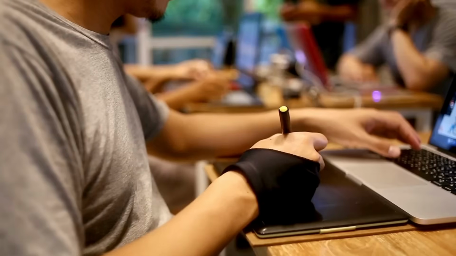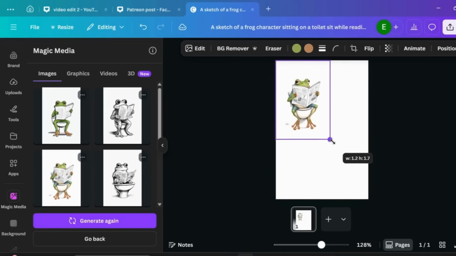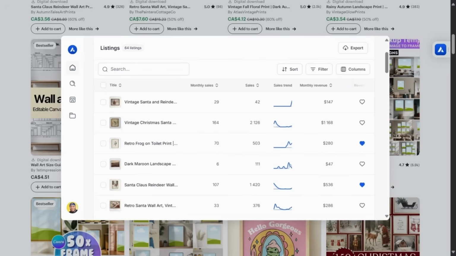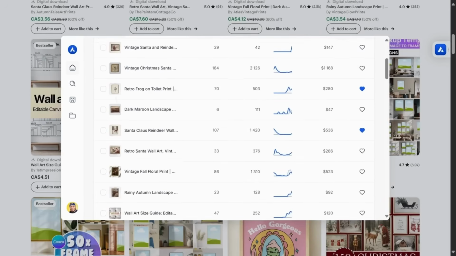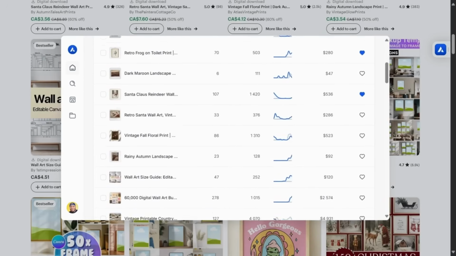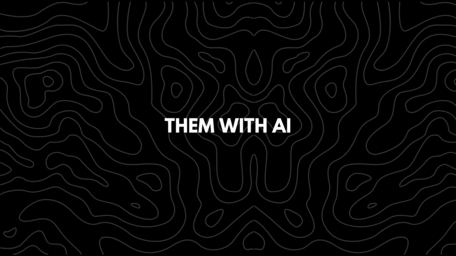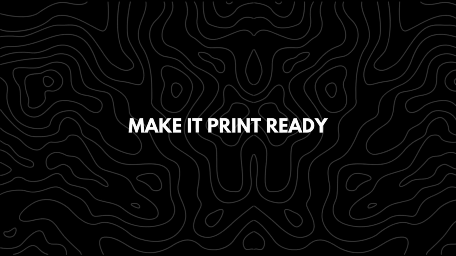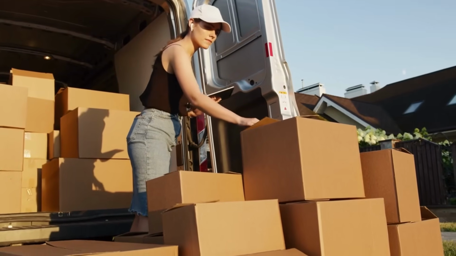What if you could create stunning print-on-demand wall art design in just minutes using completely free AI tools? In this video, I'll show you trending wall art design ideas that are performing really well on Etsy right now and how you can recreate them with AI, enhance them for high quality, and make it print ready, all without managing any inventory. Before you start designing on Etsy, the common way most people do product research is by